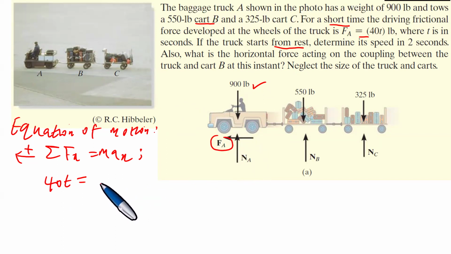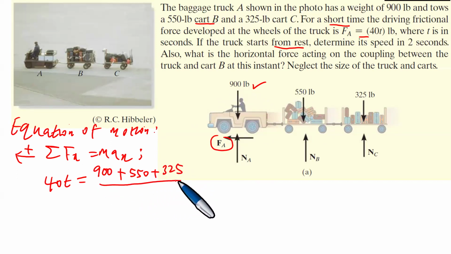And it is equal to what? We're interested in the actual mass. What is the mass of this here? We know very well that at this point, we have the following: 900 is actually the associated weight of this, plus exactly 550, plus 325,